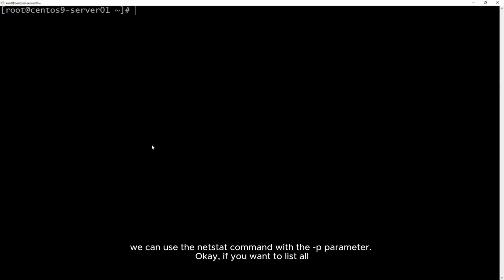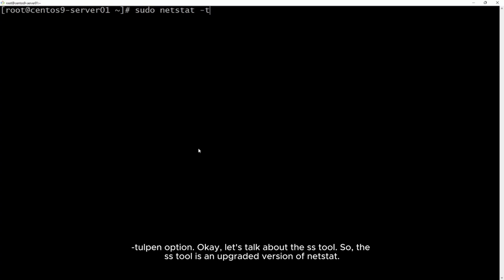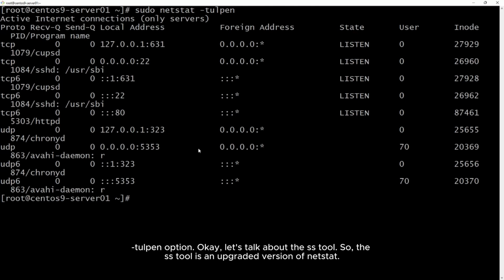If you want to list all listening sockets along with the PID and program name, we can use sudo netstat with the TULPN option.